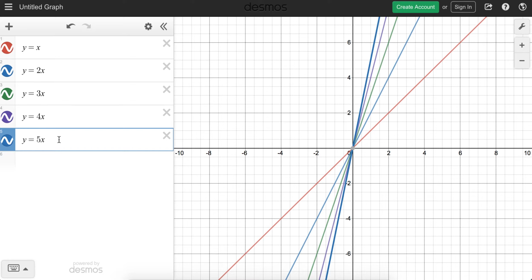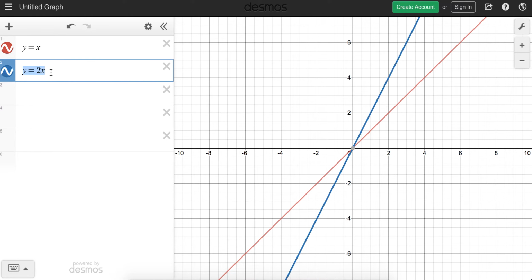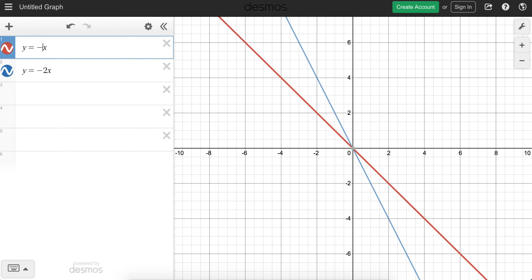Well, what if the coefficient in front of x is a negative number? So instead of 2x, it's negative 2x. And I'm going to fix this red line to be negative x or negative 1x. Those are synonymous. Those are equal. Well, this blue line, y equals negative 2x,